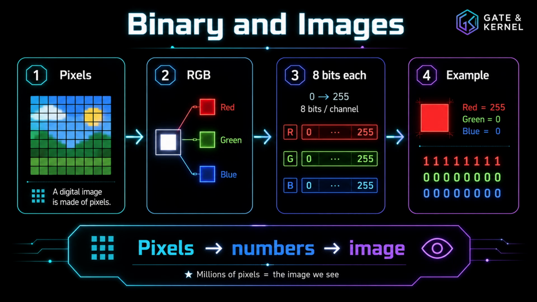Chapter 8, Binary and Images. Digital images are also stored using numbers. A color image is made of pixels. A common pixel format uses red, green, and blue components. If each color component uses 8 bits, then each channel can have a value from 0 to 255. For example, bright red can be represented as red equals 255, green equals 0, blue equals 0. In binary, that becomes